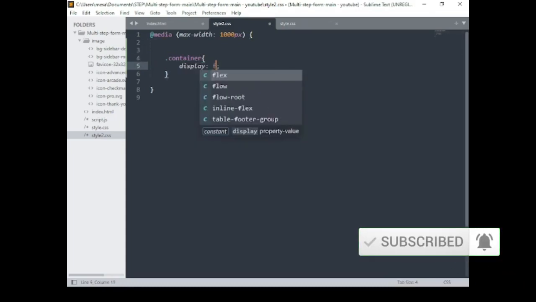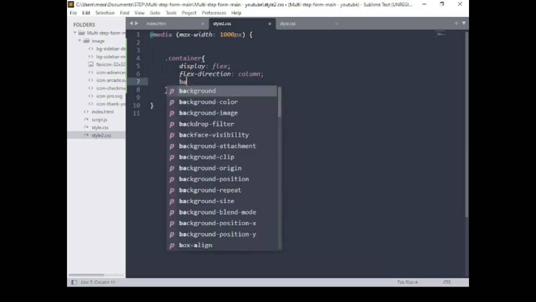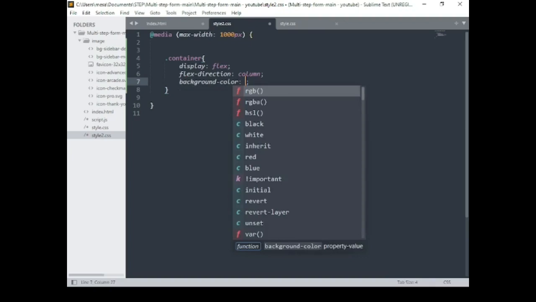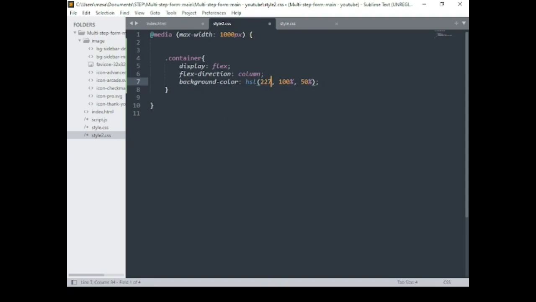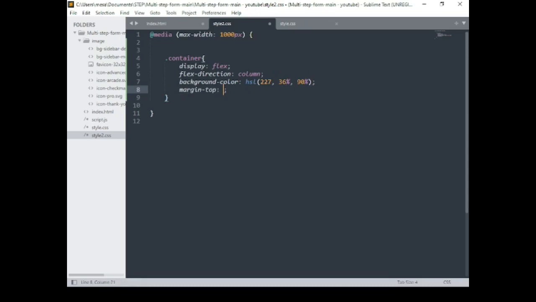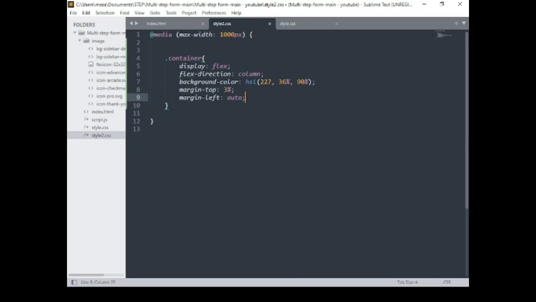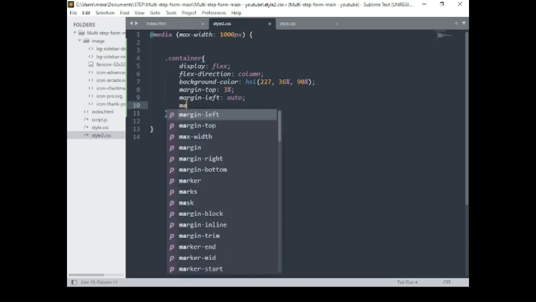We'll say display to flex, then flex direction column, background color HSL 227, 36, 90, margin top 3%, margin left, margin right,